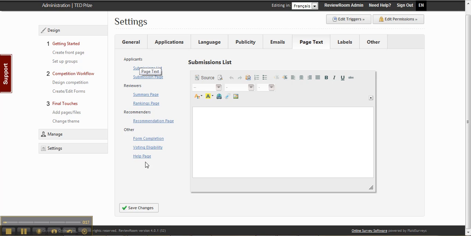A lot of these, well, actually all of them, have default text in them. However, you can change the default text or add text where there is no text using these different tabs. And it's really easy to use this section. All you do is click on each individual section, and then you can type in the relevant text